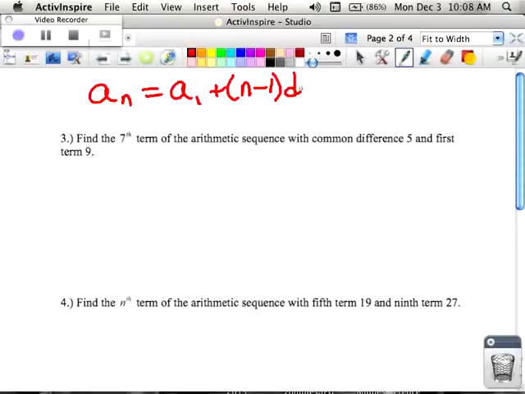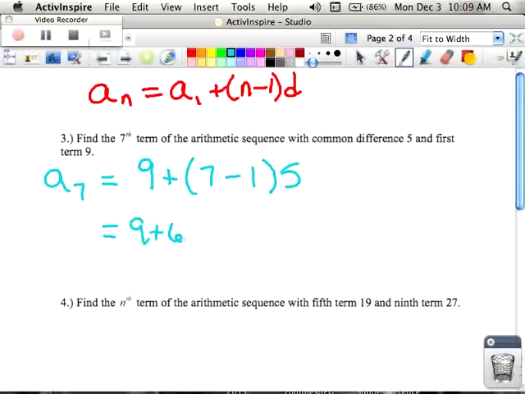So if I want the 7th term, that means I'm looking for a sub 7. And I know that the common difference is 5. So as I write down the common difference, that goes on the outside, 5. The first term is 9. And what should go in for the n? 7, because there are 7 terms. So now I have 9 plus 6 times 5, or in other words, 39